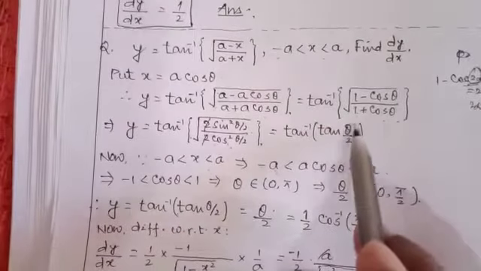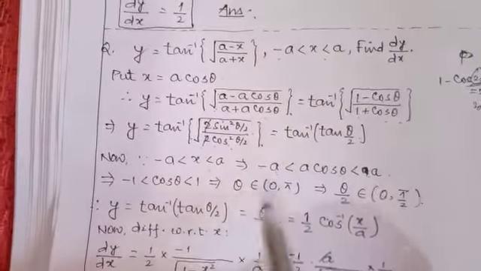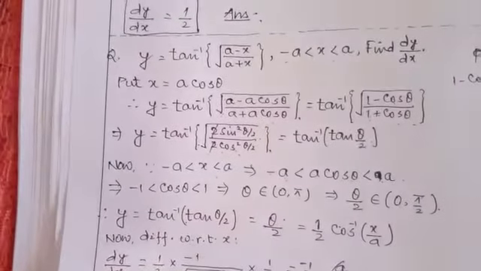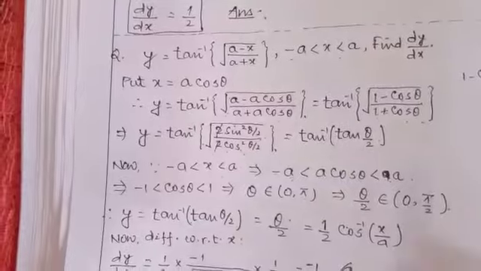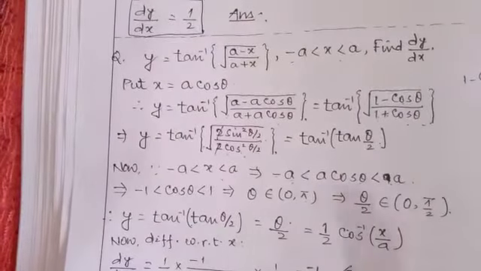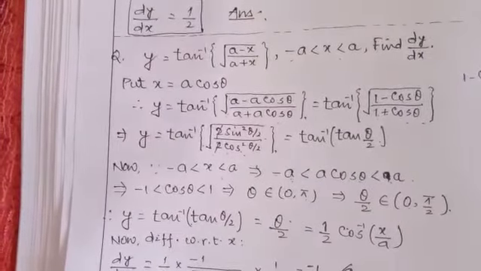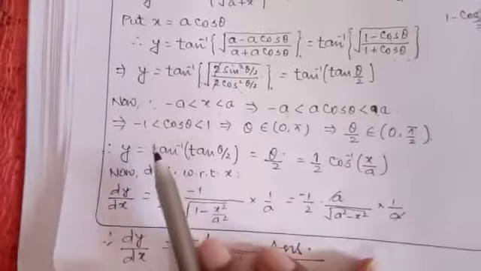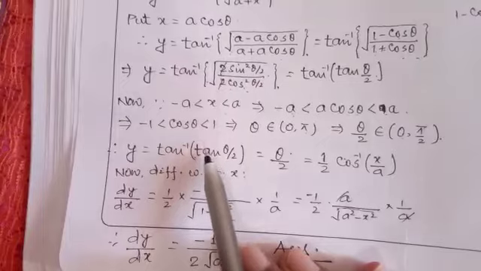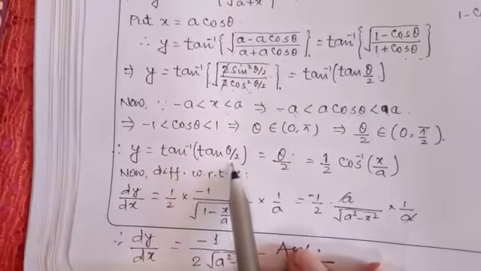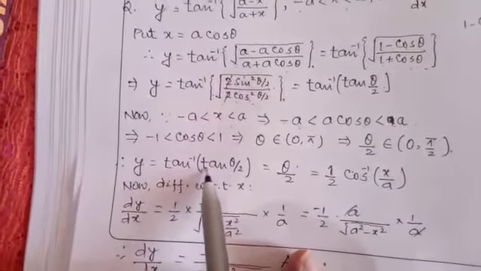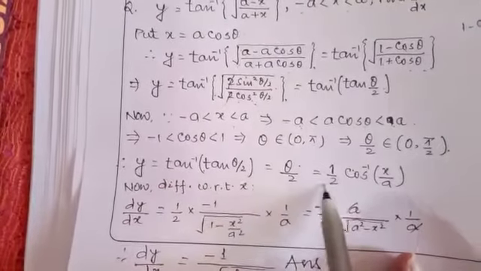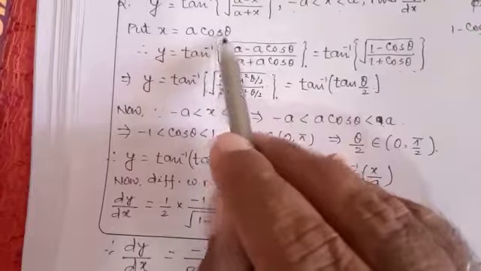And our problem regarding theta by 2, so theta by 2 lies between 0 to 90 degrees, in the first quadrant, where all t ratios are positive, you know it. So now come to the question. y is equal to tan inverse tan theta by 2. Tan inverse and tan are eliminated, so it becomes theta by 2, and calculate the value of theta from here.